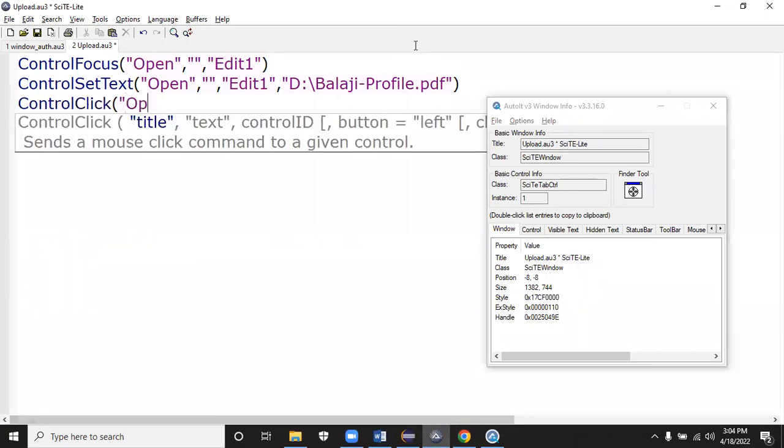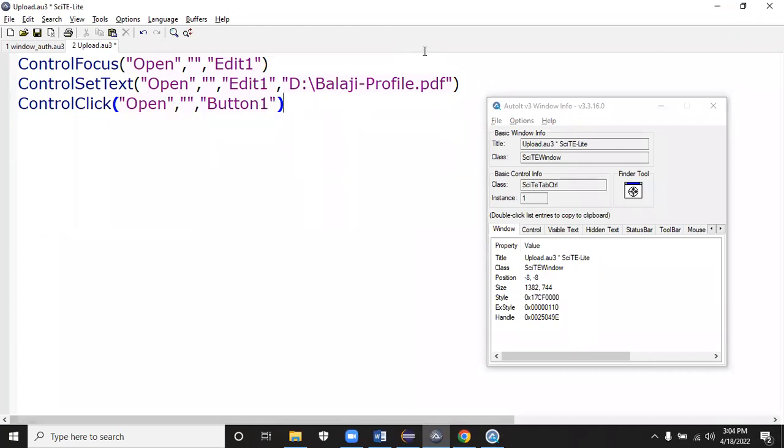You can see it will ask for title. Title is open. It stays empty. Control ID is nothing but button one. That's it. A basic script is what I generated. I save it. After saving it,